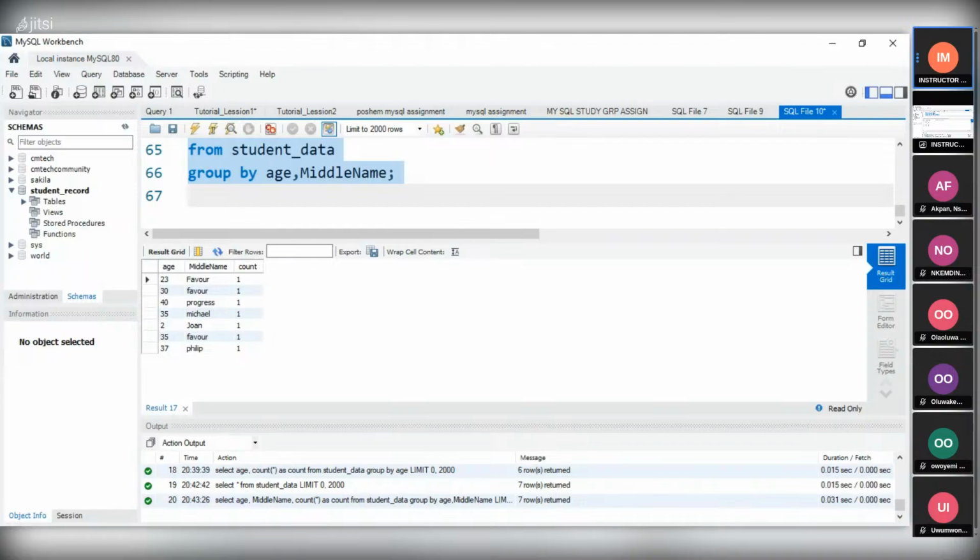You can also add limits to it. Remember we did limits, so you can also add limits. So you can just do a lot. So since you have the idea of group by, added to the assignment,